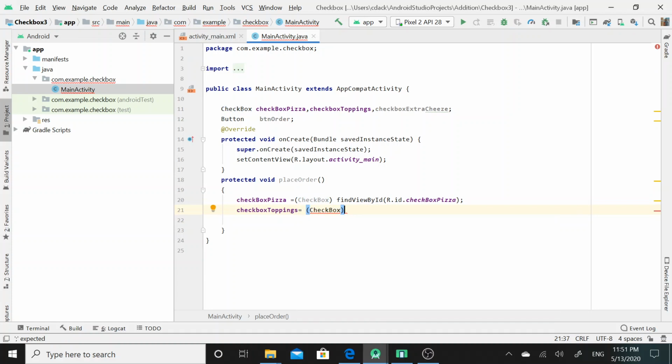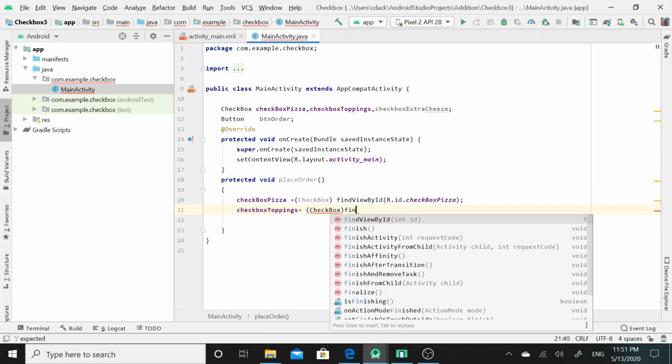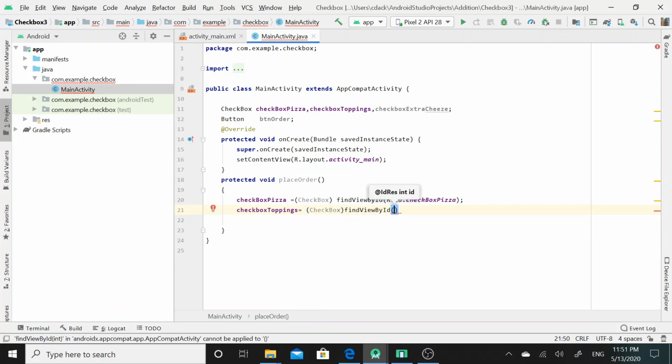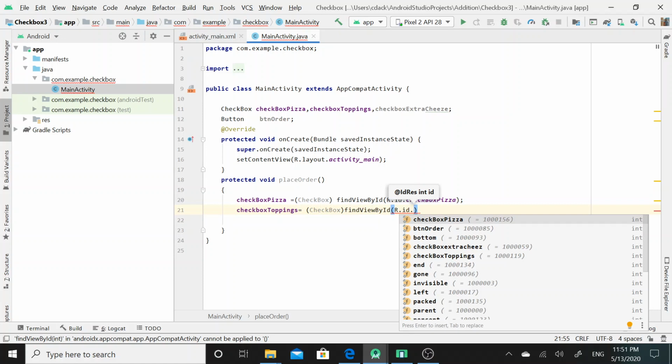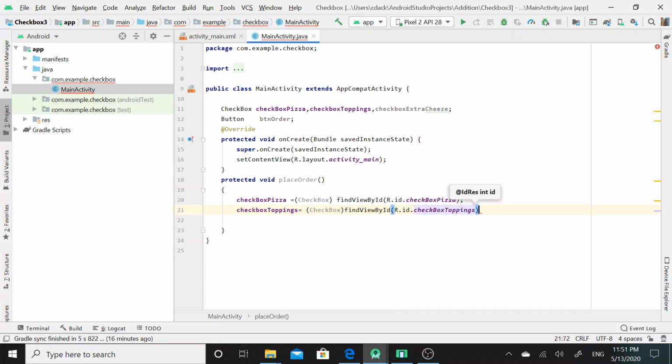To find the ID of the second checkbox, again I would call the findViewById method, and I would set the parameter as R.id.checkbox toppings.